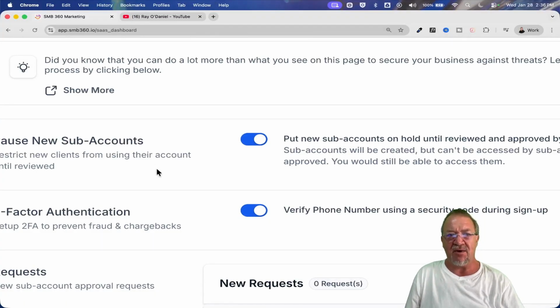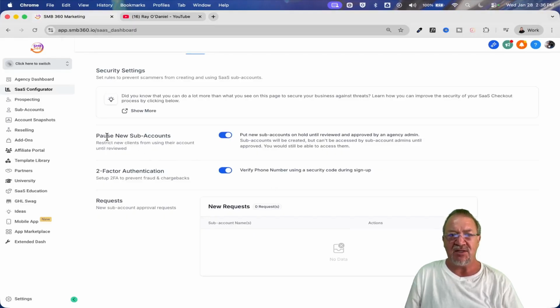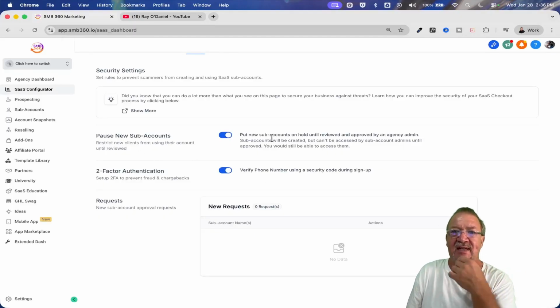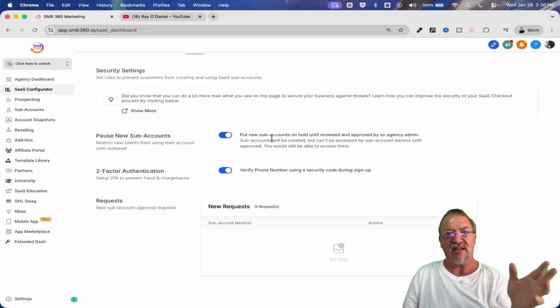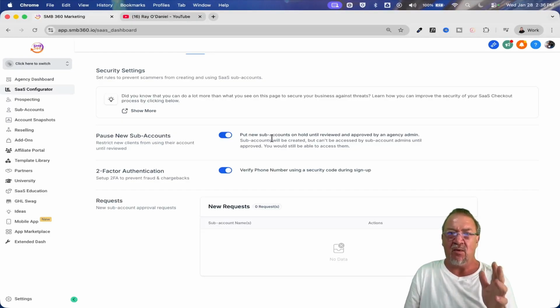For some reason, I don't know why somebody picked me, but okay, my screen is not working that well, but pause new sub account, this feature right here. What is that exactly? If you haven't seen the other video, it basically just means that if you turn this on, anybody that goes to the automation of buying a product on your website, and the account will be created inside of your account, everything will be set up, but the account in a sense will be set to pause and will not be accessible or usable until somebody, an agency administrator or user, given the permissions, comes in here